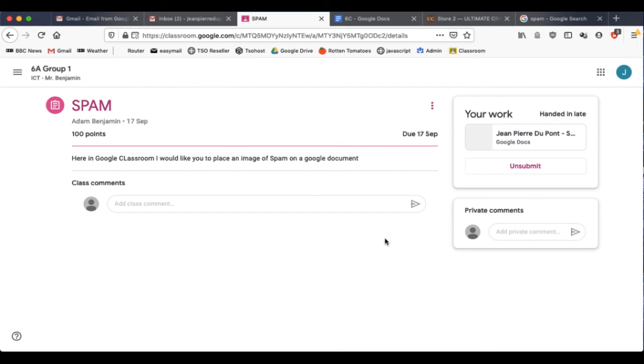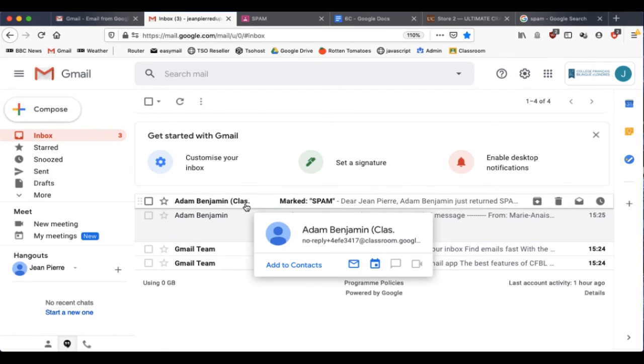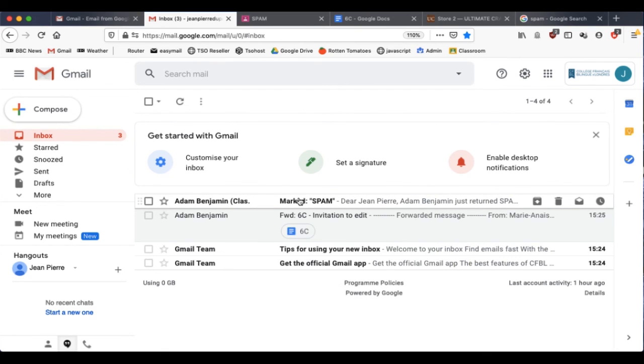So now we're going to take a look at what happens when the teacher returns the piece of work to Jean-Pierre. Here we are back inside Jean-Pierre's email, and what we can see at the top here is that Adam Benjamin from Classroom has marked the spam assignment. And if we click on that,